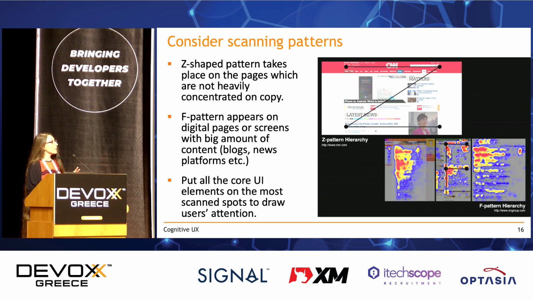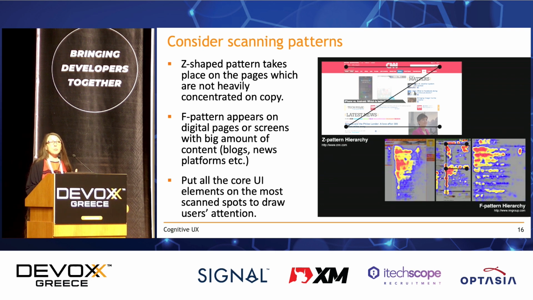So usually we start scanning from left to right, and then we scan the page diagonally, most often because we have a hero banner or something like that, and then we proceed horizontally. So this is very useful to know when we are planning, when we are designing a landing page, for example, because we can understand the travel of our eye across the page, and so place the more important elements according to that. Same goes for the Z pattern, which is typical of all those instances where we have high density